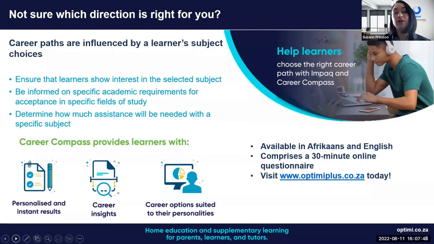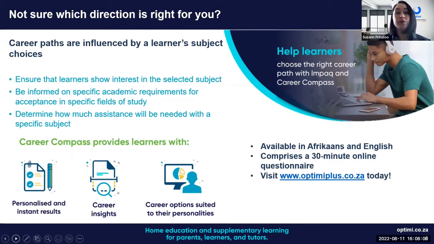Will my child be studying at a tertiary level? Are they interested in studying? Will they go into business? Would they like to go into medicine? What is it that they are really, really interested in doing? And then start your research on where will they be studying it or further their training after matric.